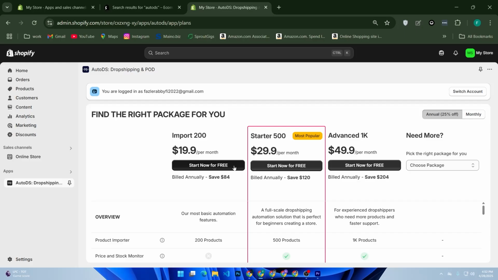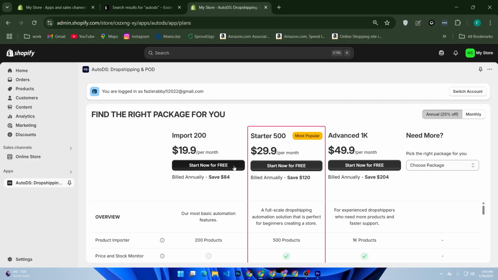Inside AutoDS or your dropshipping app, you set automatic pricing rules. For example, add a 30 to 50% markup over the Shein cost. If Shein sells a jacket for $20, you could list it for $35 to $40. This covers product cost, Shopify fees, marketing expenses, and leaves you profit. Once your products are imported and priced, visit your Shopify store, click your product pages, make sure all images are clear,